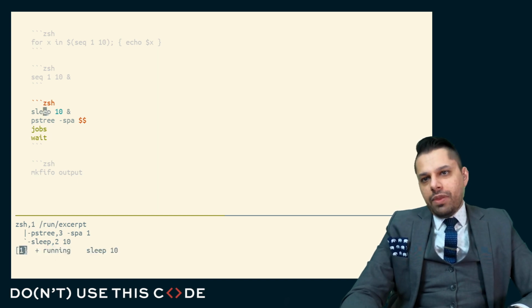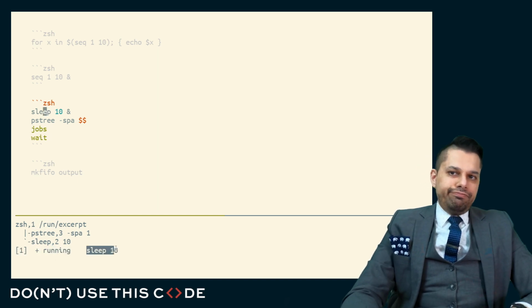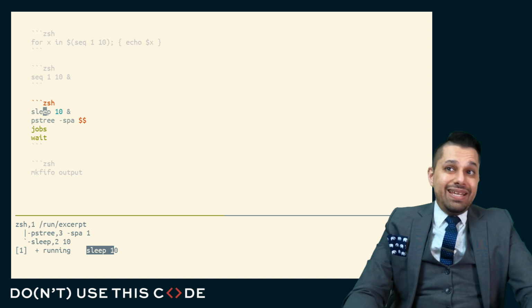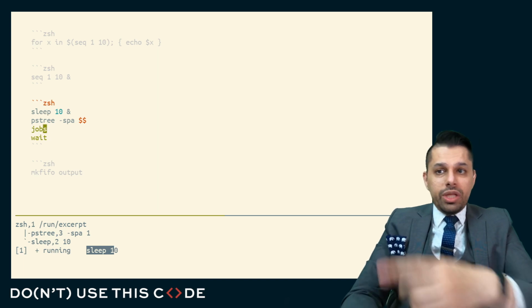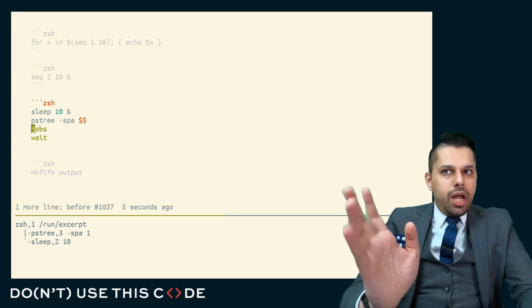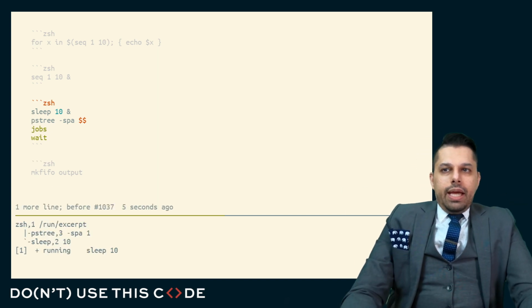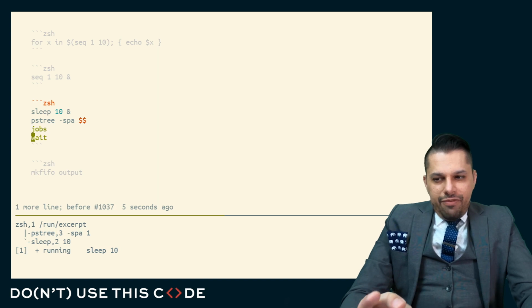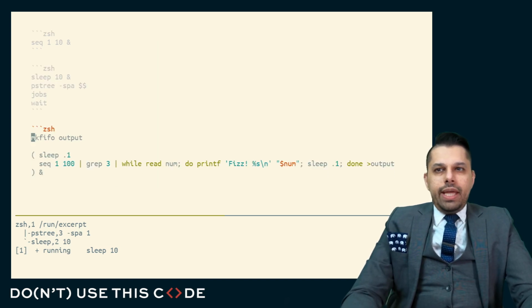This number is the job number, and it tells me that sleep 10 is done running 10 seconds later. Or at least this is my job output. So here, when it's done, in an interactive mode it'll print something. In a non-interactive mode, it won't print anything. I can use this effectively in a way that is actually very clumsy for me to do in most scripting